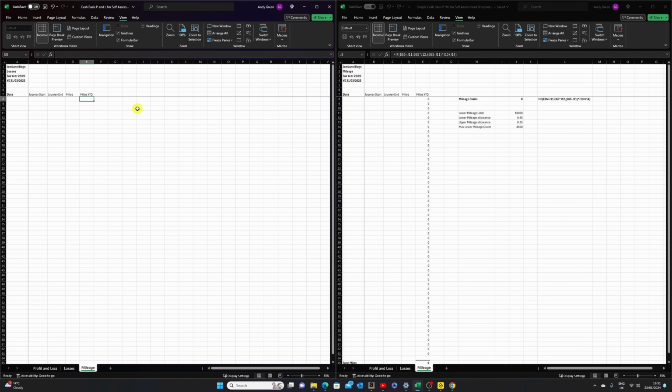Miles year to date. The reason we want this is because the way mileage allowance works is that the first 10,000 miles in a tax year is at 45 pence, and then anything over and above 10,000 is at 25 pence. So we need to keep a running total of our mileage. So